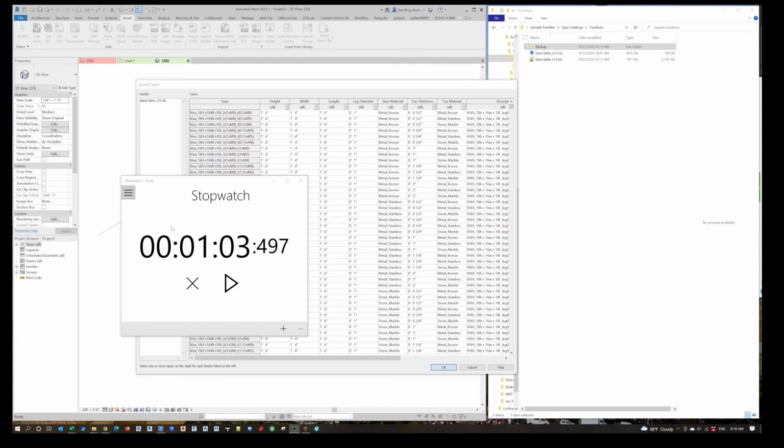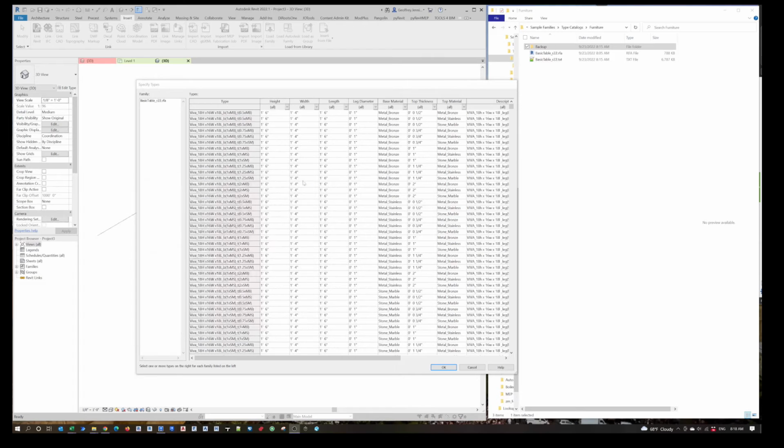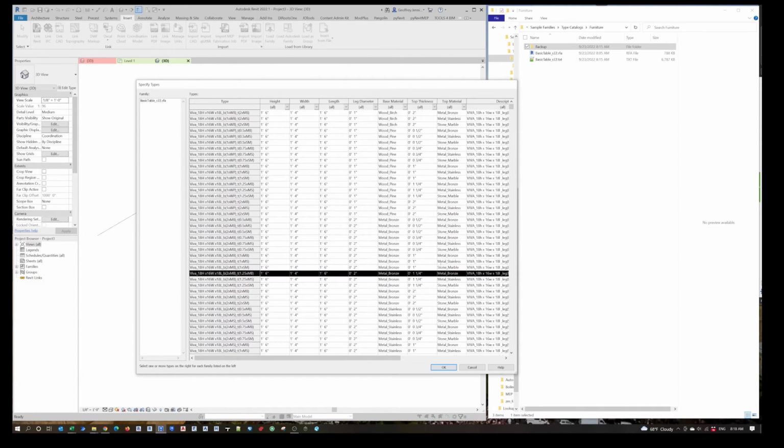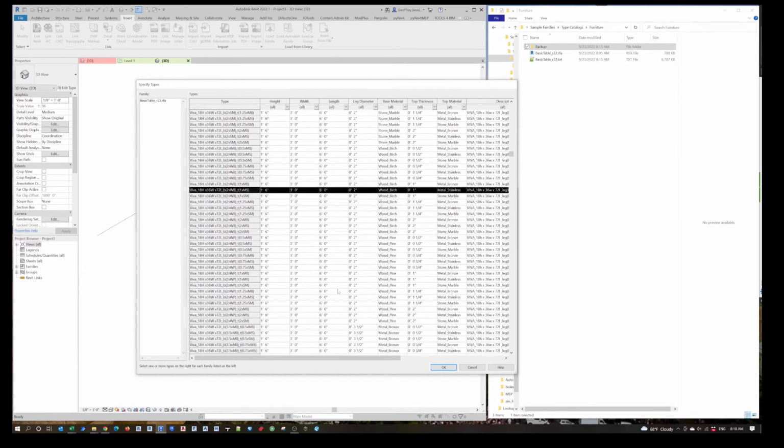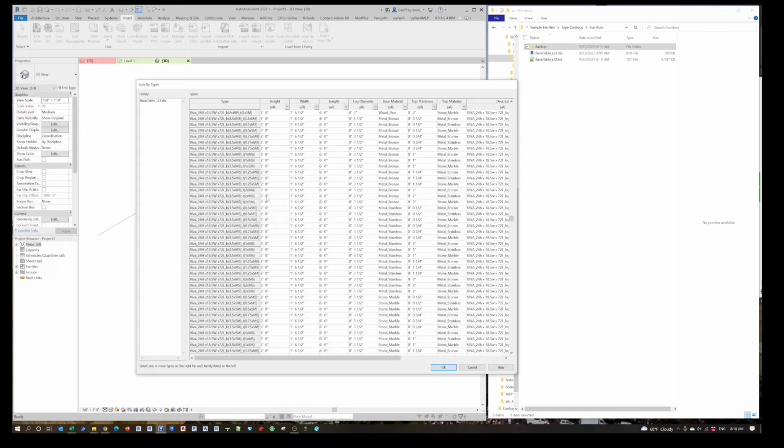All right, that type catalog took 1 minute and 3 seconds to open. This catalog again is 47,250 parts. So let's just go through here and randomly pick. Let's scroll down a couple of thousand, pick some more holding the control key, scroll down some more, pick some